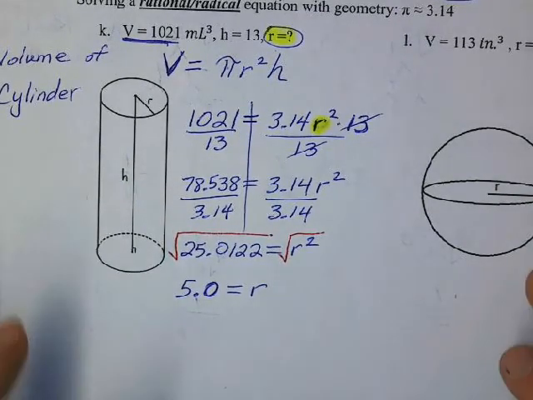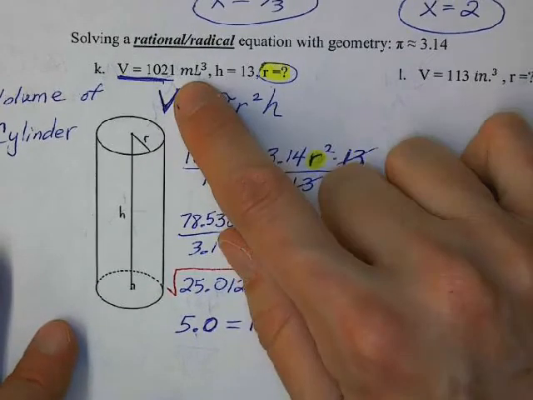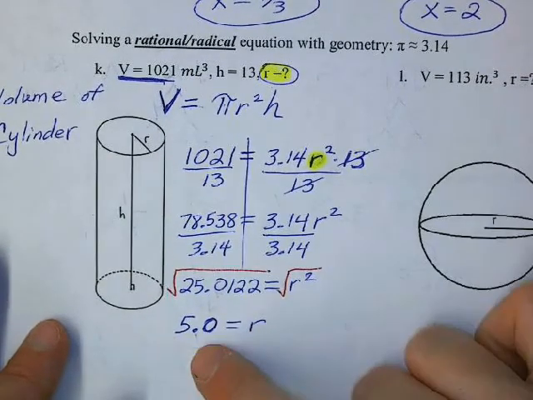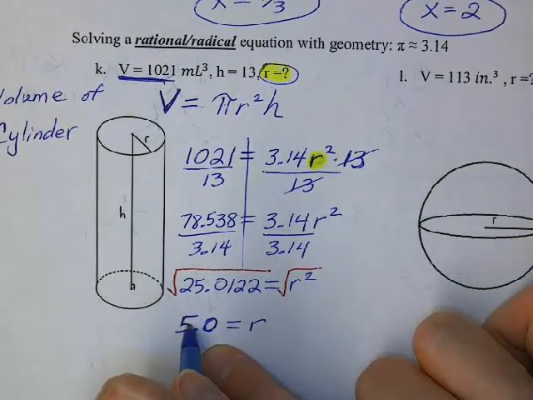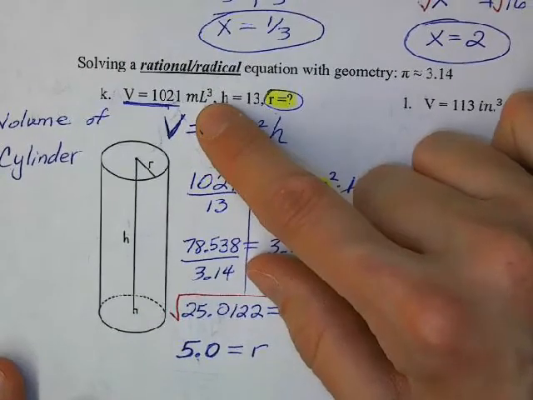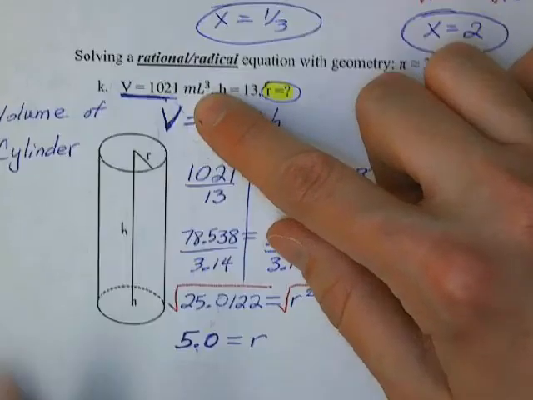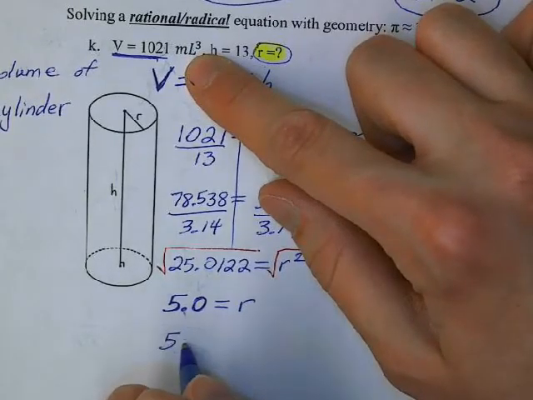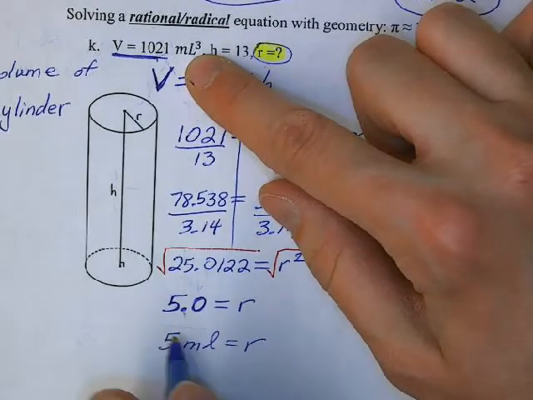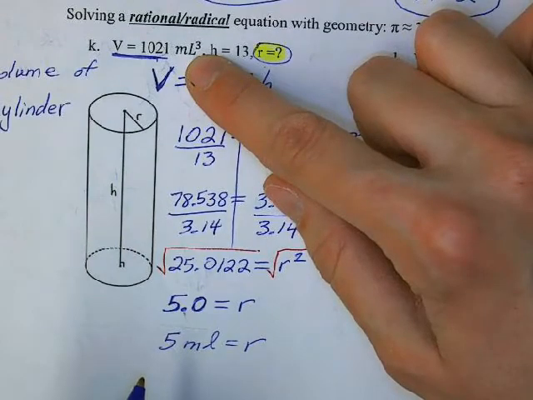Okay, we should try to label answers too. This was milliliters cubed. So what's r in? R what? Radius. So were we in inches or what were we in? Yeah, 5 milliliters equals r. That sound right? It's kind of weird, but